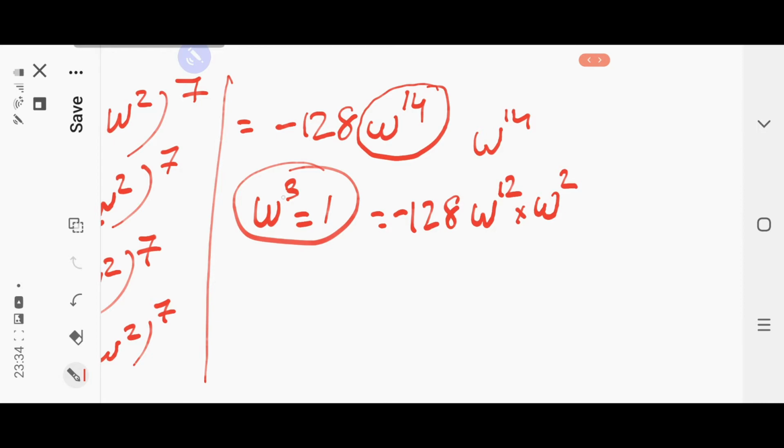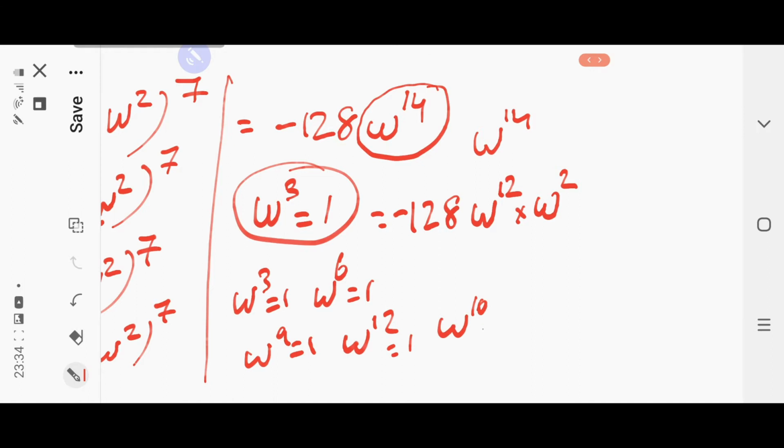Because you know that ω³ is equal to 1, you should understand the multiples of 3. That means ω⁶ is 1, ω⁹ is 1, ω¹² is 1, ω¹⁵ is 1. Therefore, this becomes 1 because ω¹²